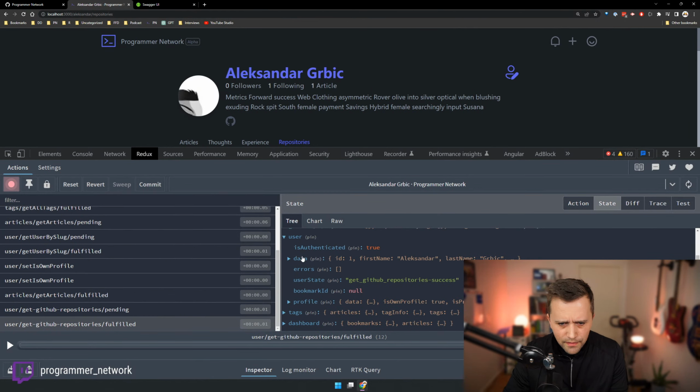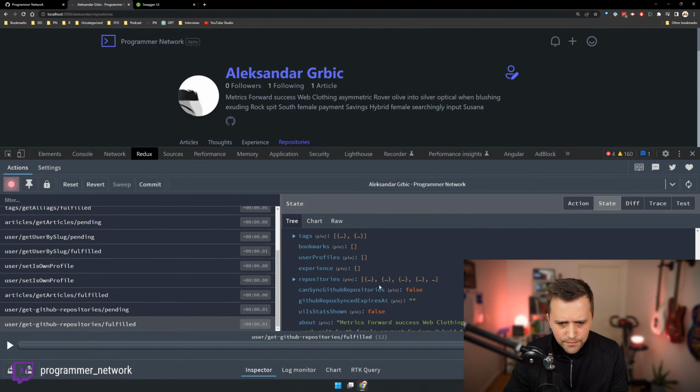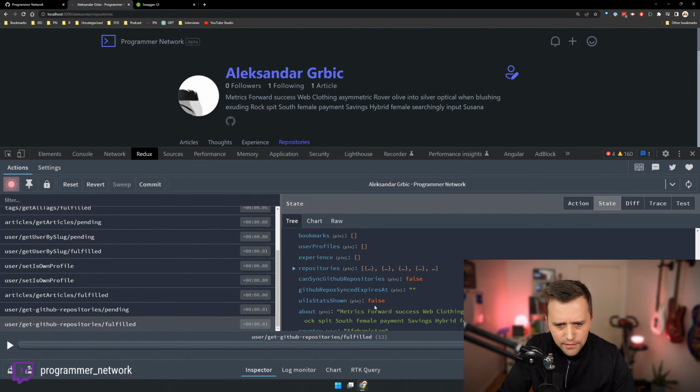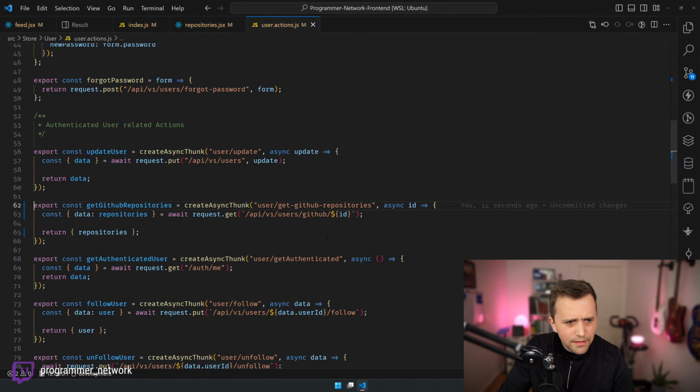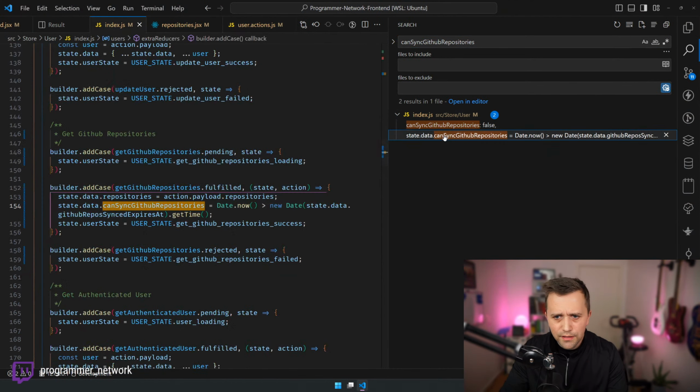User data can sync GitHub repositories. False. GitHub repository sync that expires. Yeah. Okay, so this evaluated basically not in a great way, right?